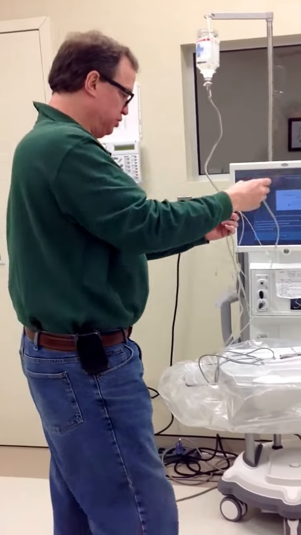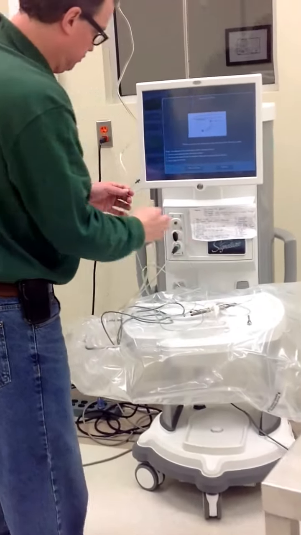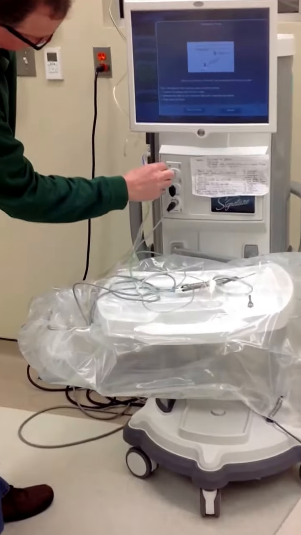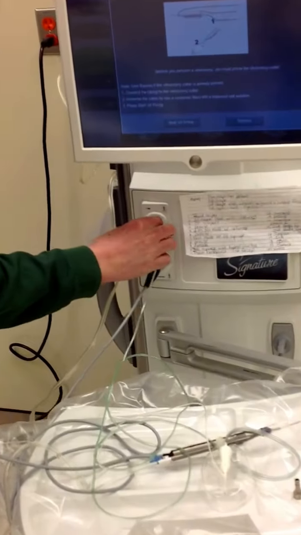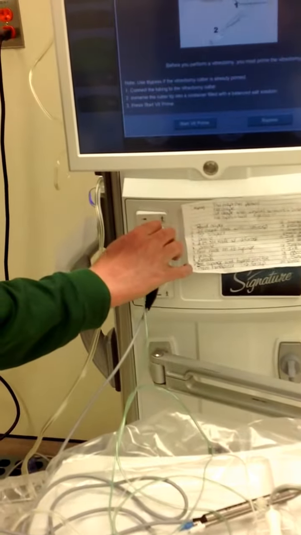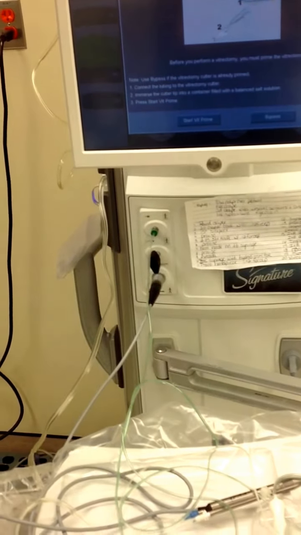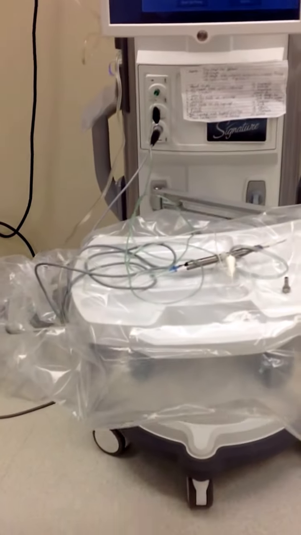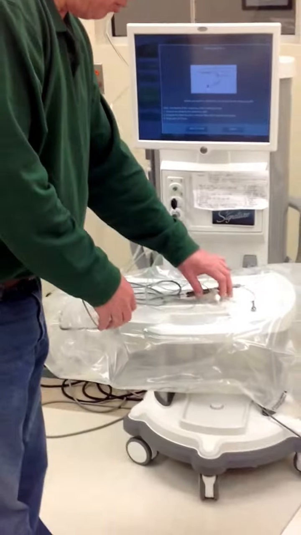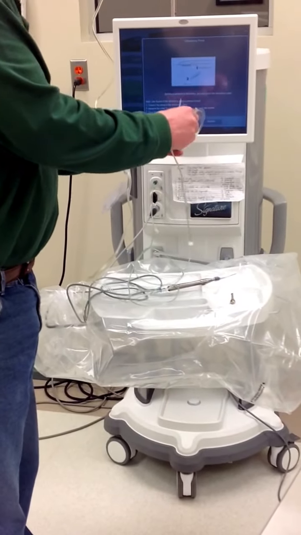So all we do is we put this down here, come over to the machine on the top here, gently turn that in. So that connects the pneumatic drive. I'm going to show you both ways for connecting the vitrector. My recollection is that Dr. Goodman does it the first way, which is coaxial. So, when you remove the vitrector from its holder,